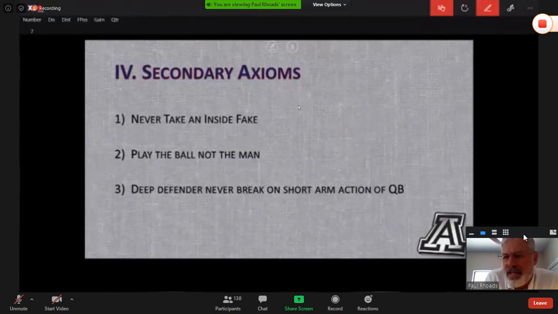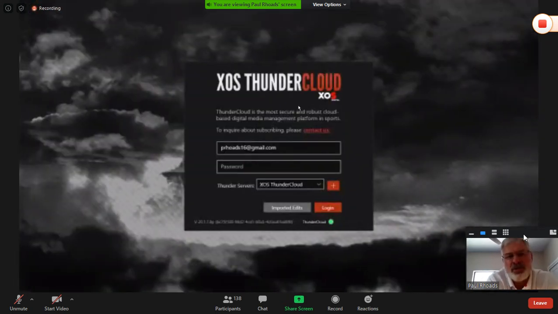If I am in a man coverage, or if I'm in a progressive zone type of coverage where I'm responsible for a receiver that's working up the field, I want to see him, I want to cover him, then I want to get my eyes back to the ball. Now, if I'm in a pure zone coverage,